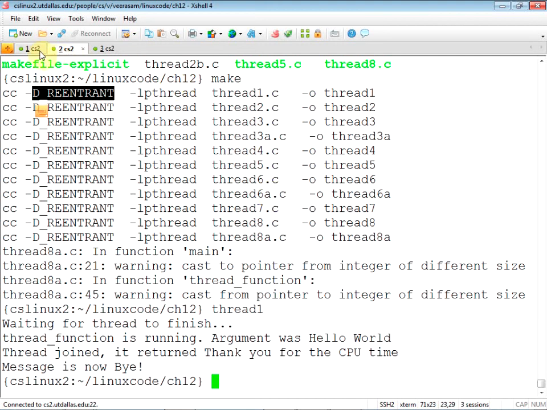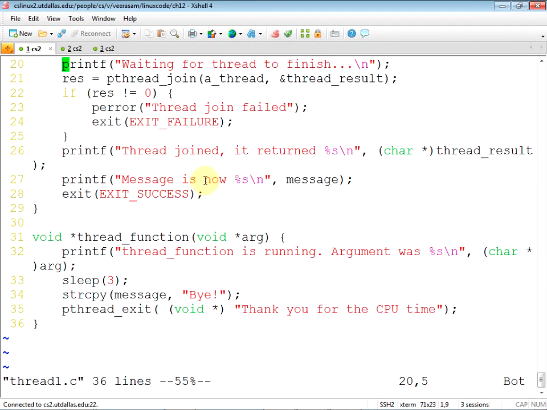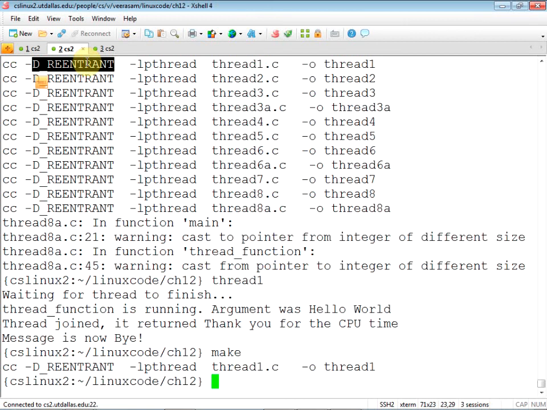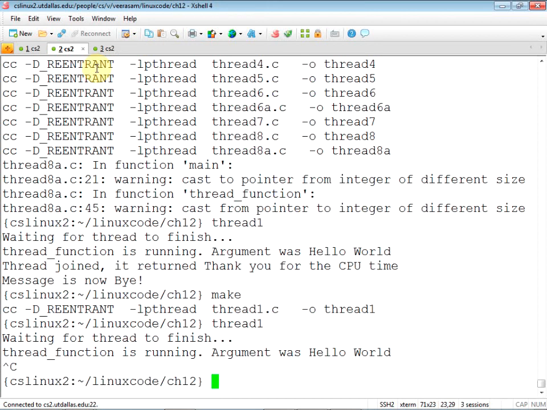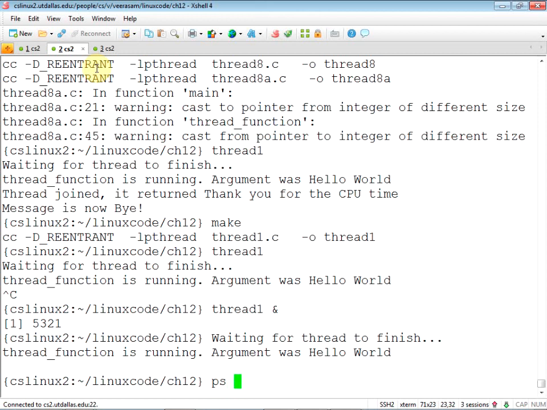Okay, let's see, that's at sleep 3, right? So let's make it sleep 20. Thread1 is going to wait for a long time. Let's go ahead, run it, and put it in the background.